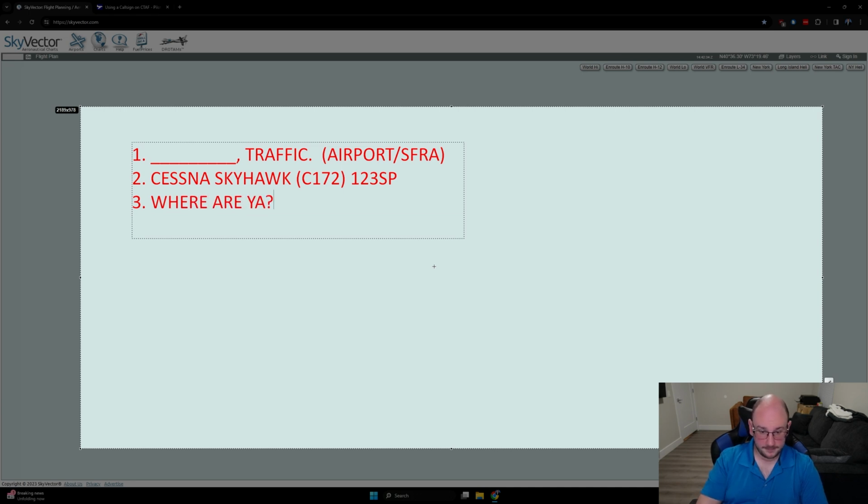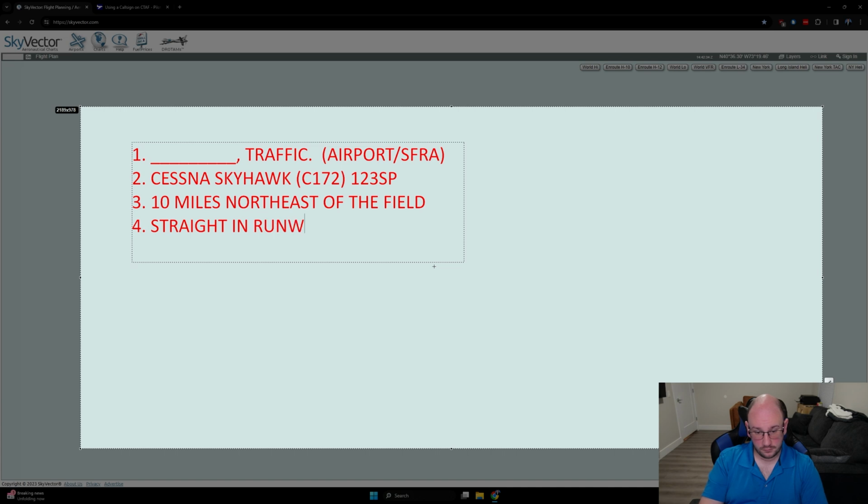Where are you? 10 miles northeast of the field. What do you plan on doing? Straight in, runway 24. Traffic. Okay, this is your template: Ocean County traffic, Cessna Skyhawk 123 Sierra Papa, 10 miles northeast of the field, straight in, runway 24, Ocean County